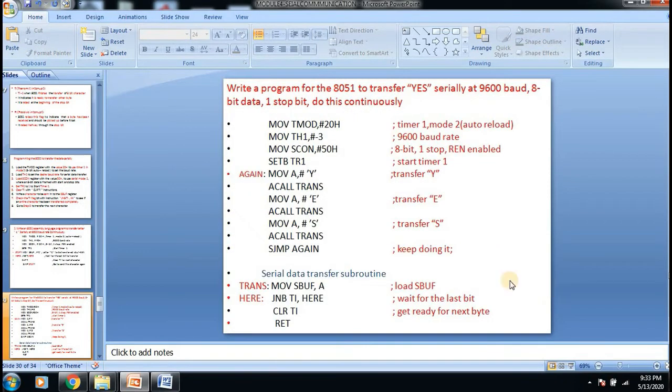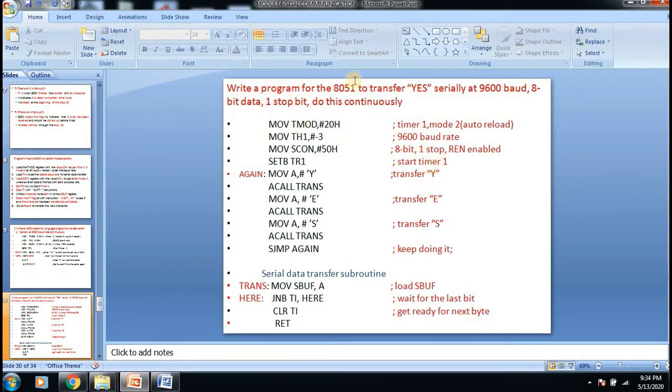So next, the same thing we'll see here, that is, write a program for the 8051 to transfer a string, serially at 9600 baud rate, 8-bit data, 1 stop bit, and this we need to do continuously. So 8-bit data, 1 stop bit, 1 start bit is nothing but serial mode 1.